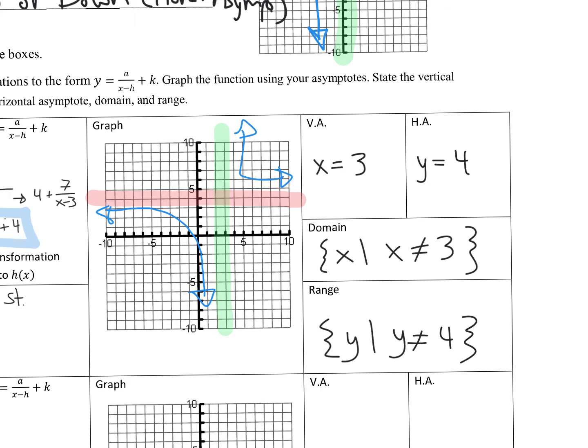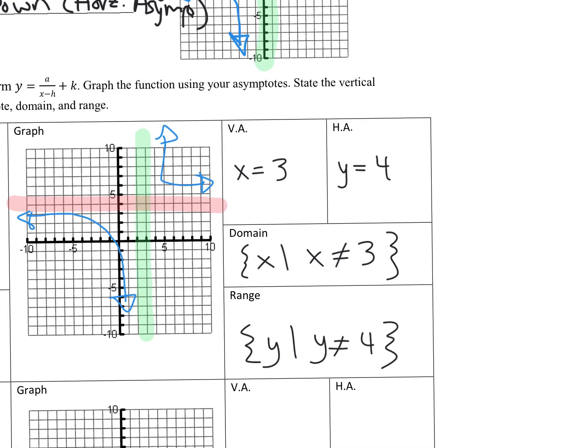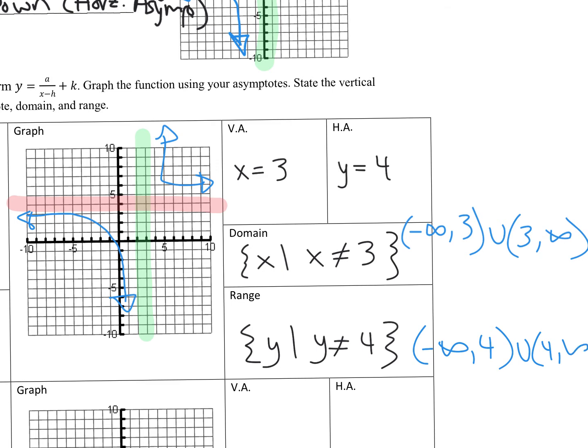Now, you might see some union notation. That's a little bit more involving interval. And the way that you could describe it utilizing the interval notation with the union is you could say that this graph goes from negative infinity to 3, union 3 to positive infinity, okay? And then you could do the same thing for the y. You could say that this graph goes from negative infinity to 4, union, and then 4 to positive infinity,